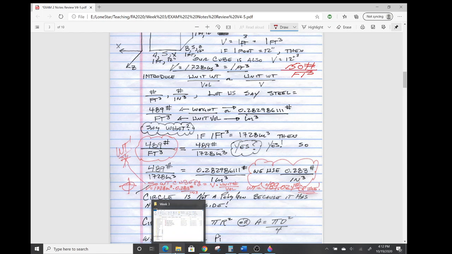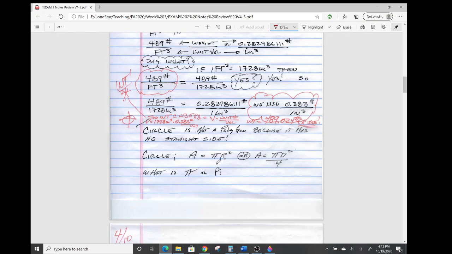All right, so here we are. A circle, why is it doing that? Oh, it's kicking off the video over here. A circle is not a polygon because it has no straight sides. We're at 37 minutes on this video. It has no straight sides. And we've already talked about, when I walked you through the video on the circle and the shapes in the triangle,